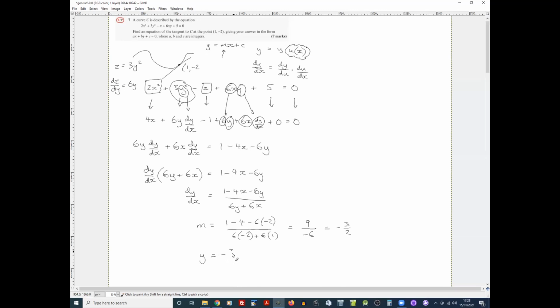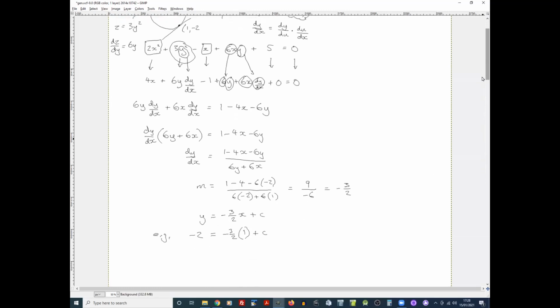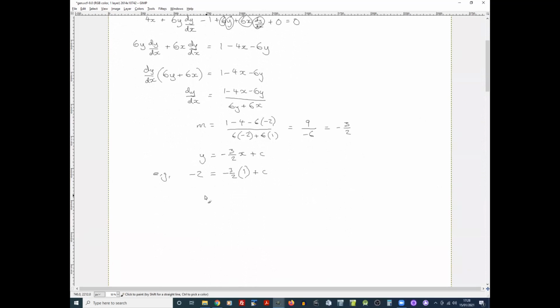In general we've got y equals minus 3/2 of x plus c. And then in one particular example, we've got minus 2 equals that fraction of an x value of 1, plus c. Then solve for c from that. Minus 1/2. So minus 2 plus 3/2, basically. And then y equals mx plus c, which is